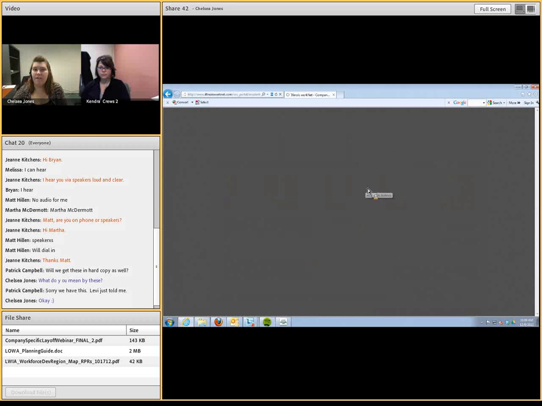once it loads. Okay, so as you can see, this is what the new updated company-specific layoff pages are going to look like. They have info bubbles on each page, and it opens with more information. Scheduled workshops, this is the specific information that gets added by the DCEO and Rapid Response Specialist or the local workforce areas, depending on how the page is set up. And then if we scroll down a little bit,